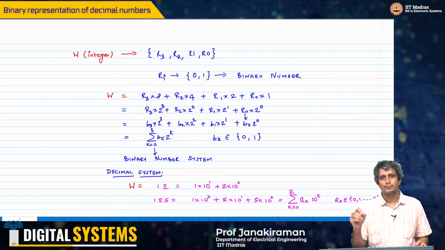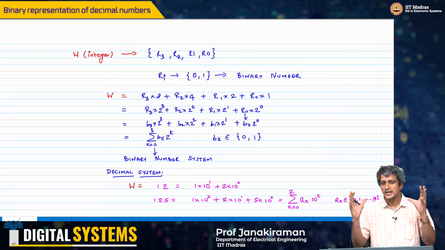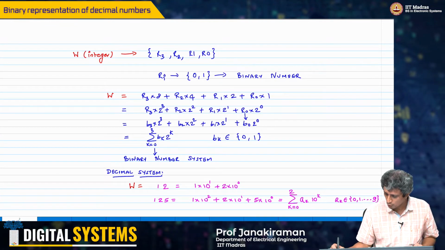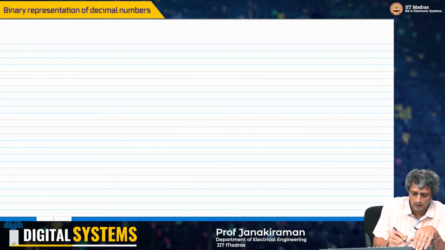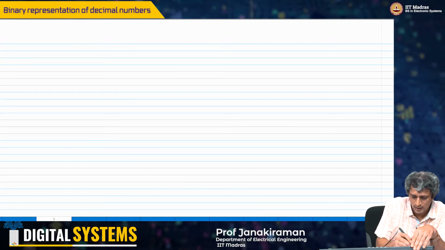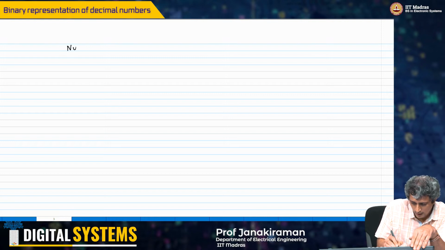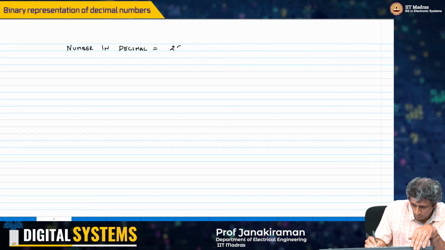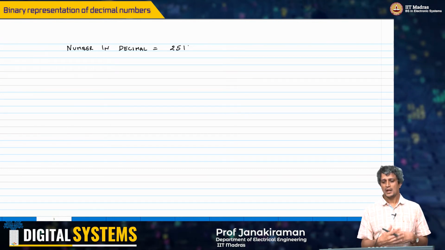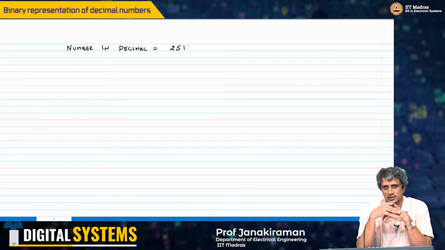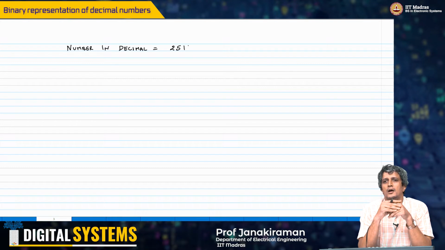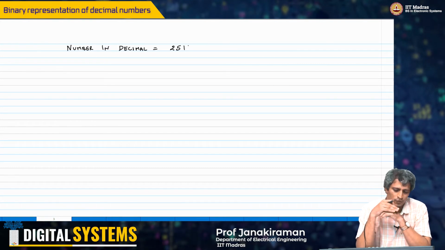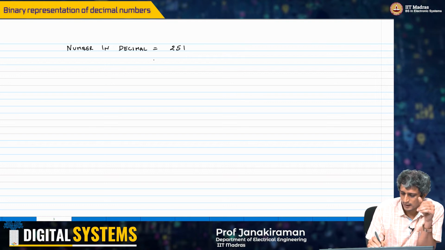So with that brief introduction of the binary number system, we'll formally look at how, if I were given a number in decimal, let's take the number 251, I convert this number to a binary representation. So that means I have to express it as